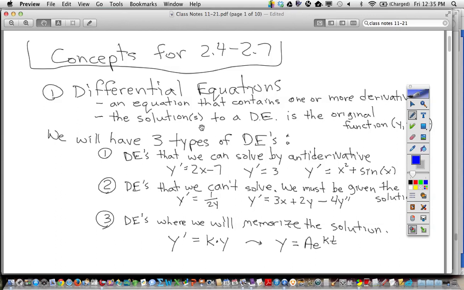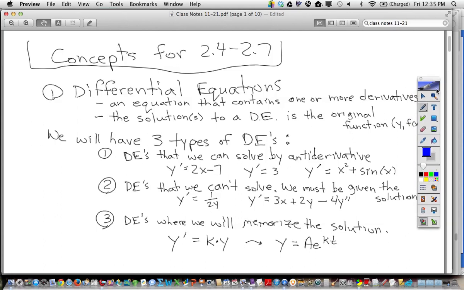Let's go through a couple of these things, and we're going to go through this in some depth because these are the problems we need to be able to do. Let's focus on differential equations here for the first part. This is what we need. This is the new thing. All right. Now, this line right here